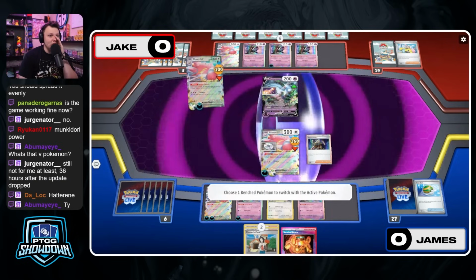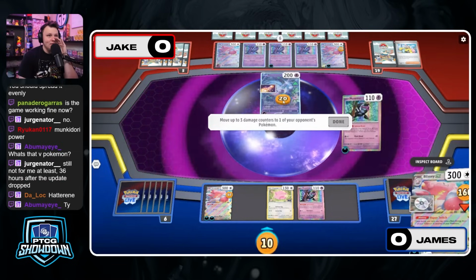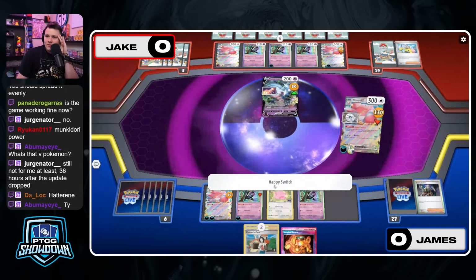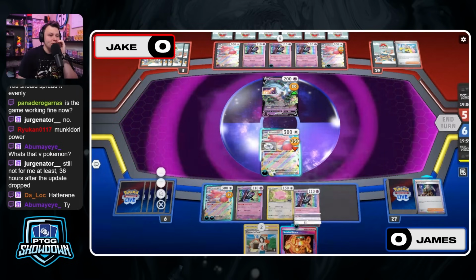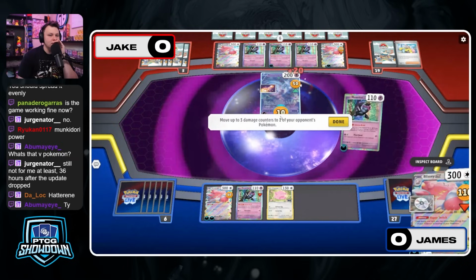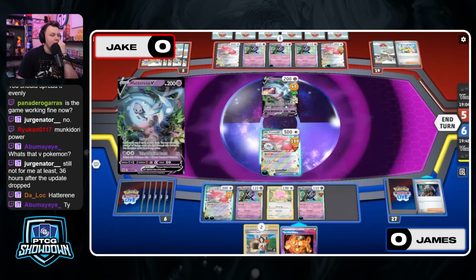Oh, he's going with the Boss, though. Okay, so he's trying to remove the threat of the Hatterini. And I don't know where Jake's Super Rod is currently. Has Jake used the Super Rod yet? I'm actually not sure. Maybe has, though. If there's no Super Rod, the threat of the Hatterini is gone. And with the threat of the Hatterini being gone, James can freely put...